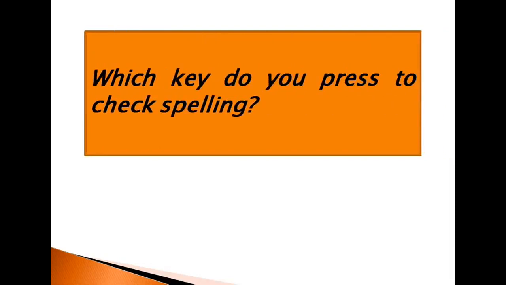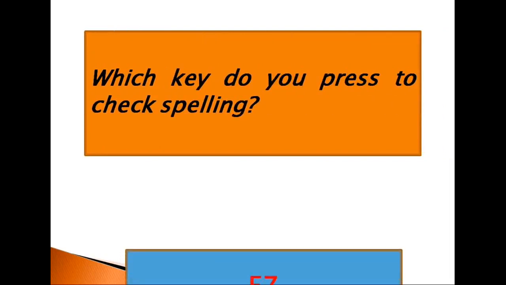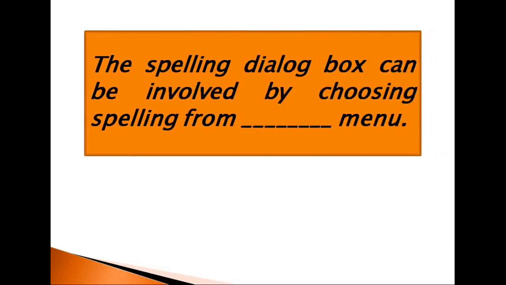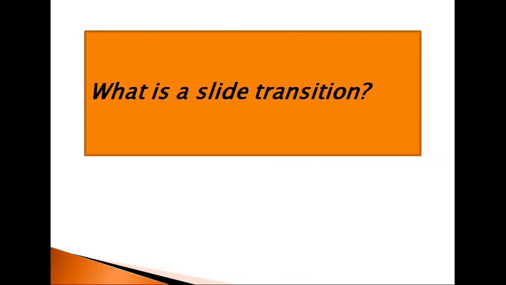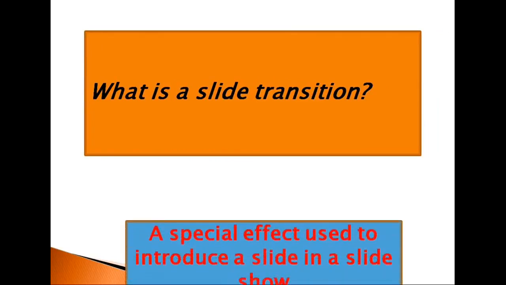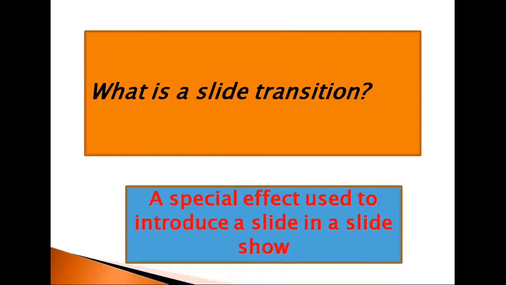Which key do you press to check spelling? Answer: F7. Next, the spelling dialog box can be invoked by choosing spelling from which menu? Answer: tools menu. Next, what is a slide transition? Answer: a special effect used to introduce a slide in a slideshow. Next,